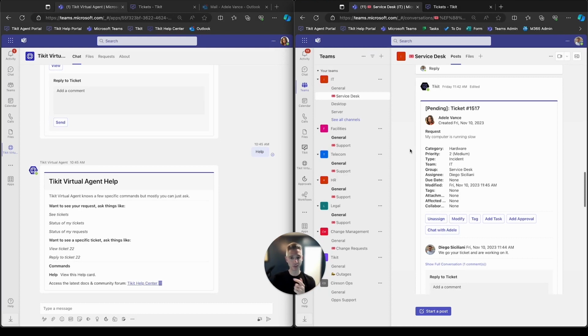Part 2 is going to focus on the end user side and how end users have the opportunity to create tickets across different channels and be able to send those tickets to teams depending on what's happening. So an end user has the ability to send a ticket into a support organization. That could be the service desk team, the facilities team, the telecom team, HR, so on and so forth,